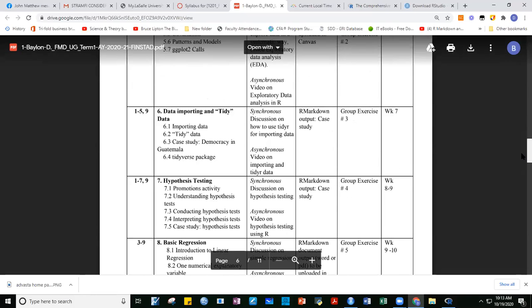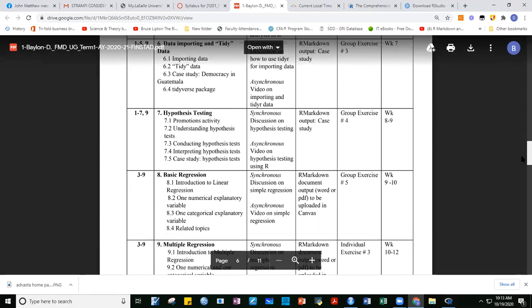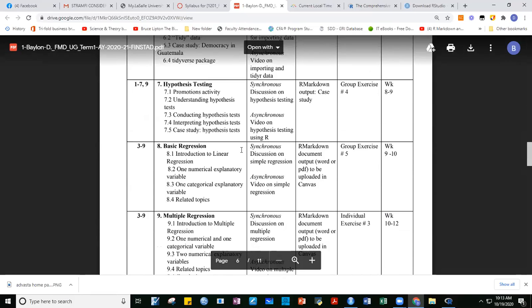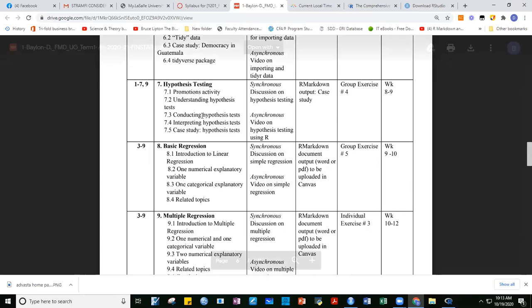All right, I'd like to focus, guys, on the applications. I mentioned this in passing last time, but I'd like to really focus on this. So as per schedule, on week 8 or 9, we're going to have hypothesis testing. You had this discussion already in your DSI-lytic hypothesis testing. This time we're going to learn hypothesis testing in the context of R and R Studio. When I say R, I technically mean R Studio. And